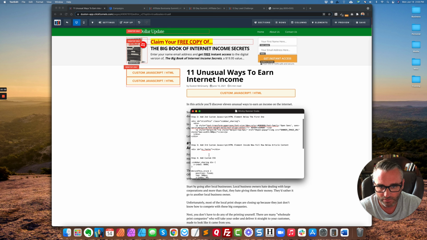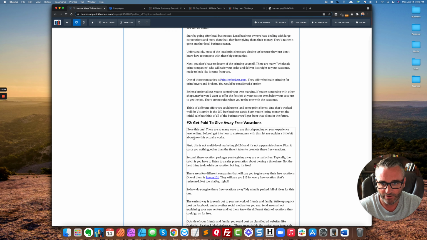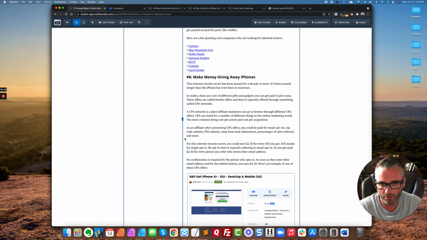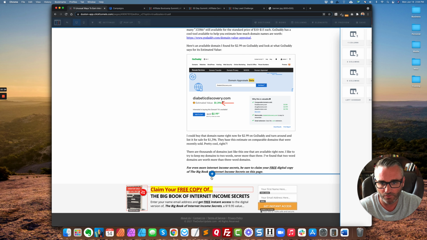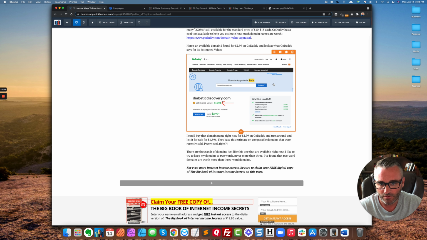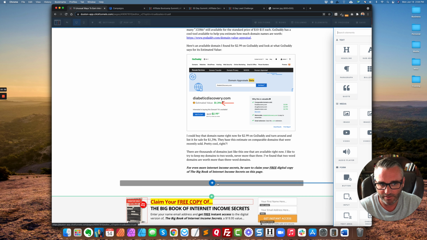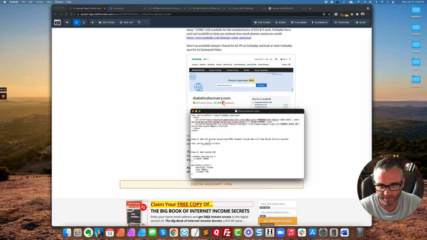All right, step 3. Add a third JS or custom JavaScript HTML element inside a new full row below the article content. Okay, so let's go way down here and do that. I need to add a row below the content. So that's going to be this blue box. And hit add new row. Make it 1 column. And then I'm going to add another JS HTML element. Inside of that one is going to be this code. Copy,